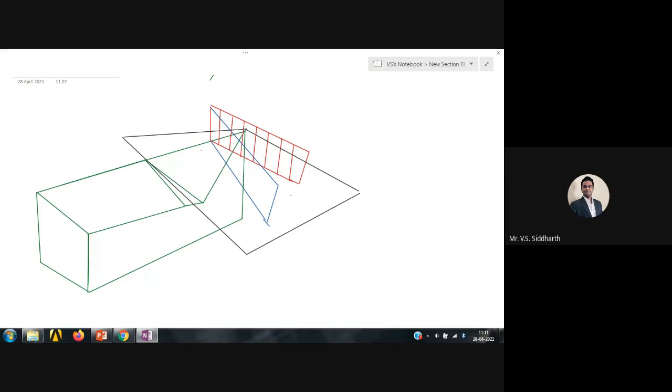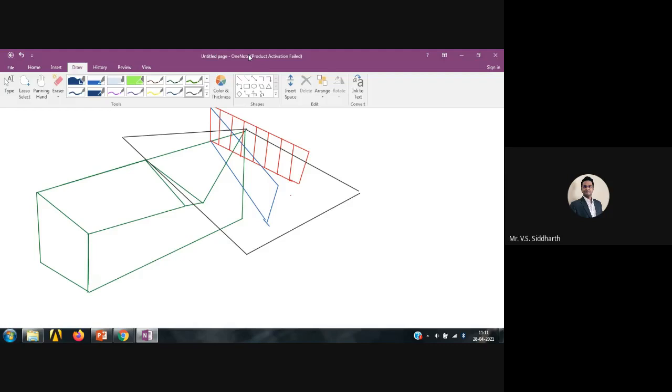Now you see the angle made by the rake face, the sideward inclination of the rake face, with the reference plane in the x plane. In this plane, if you see, with the reference plane, the angle,